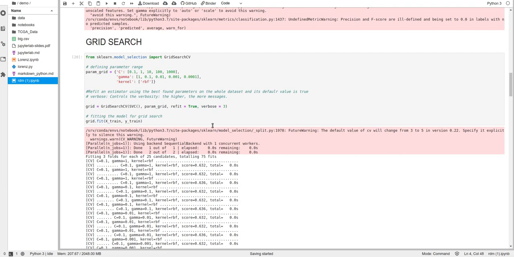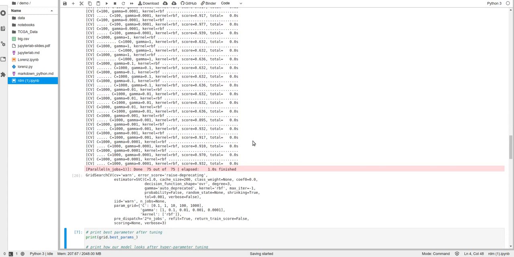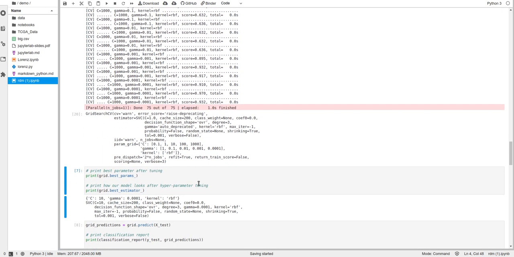I will execute it for you. Now, as this grid search CV will take some more time than the random search, here we will print the best params and best estimator.